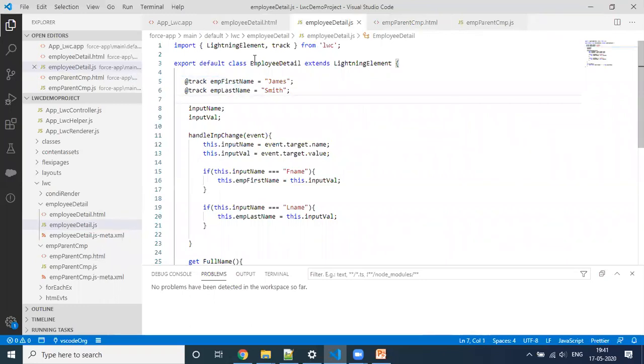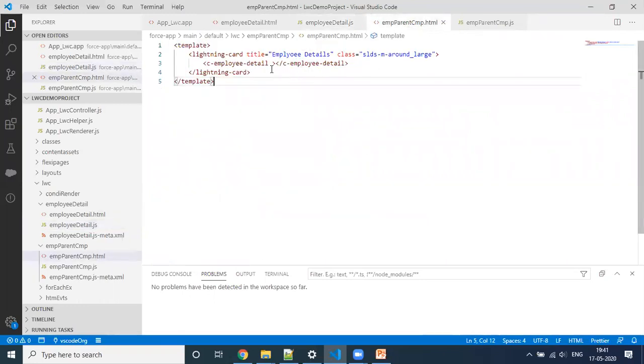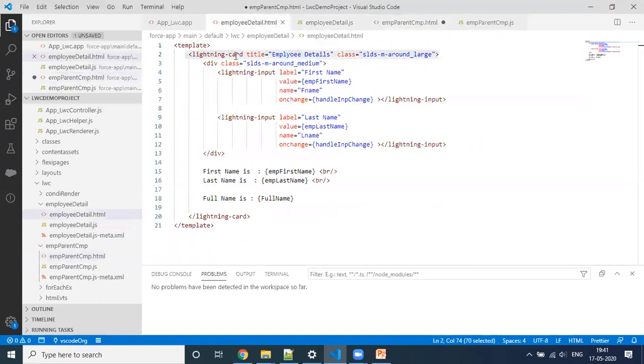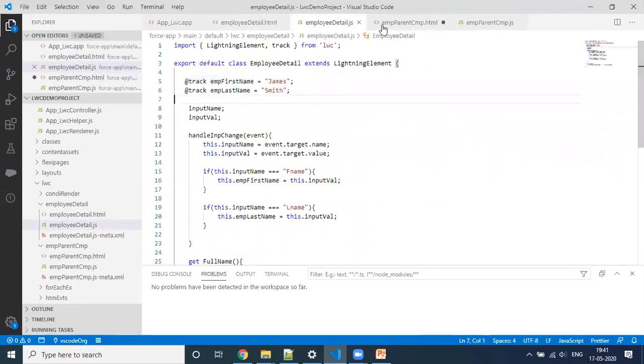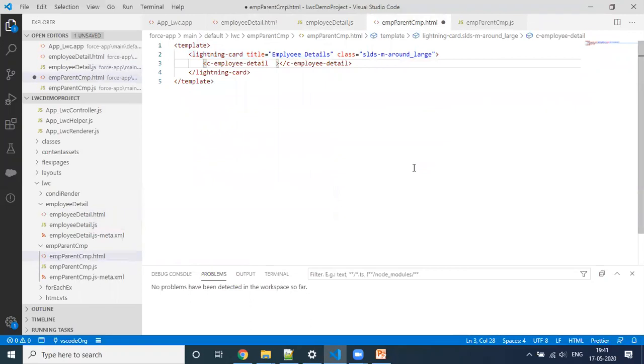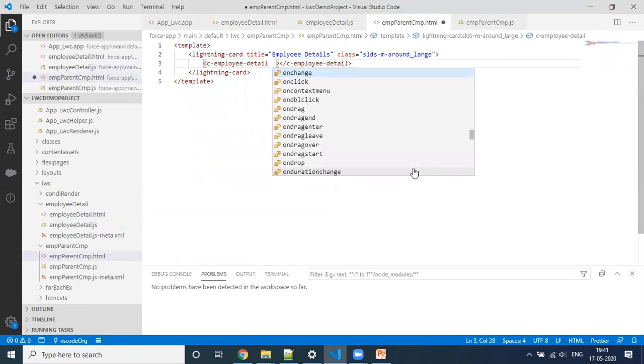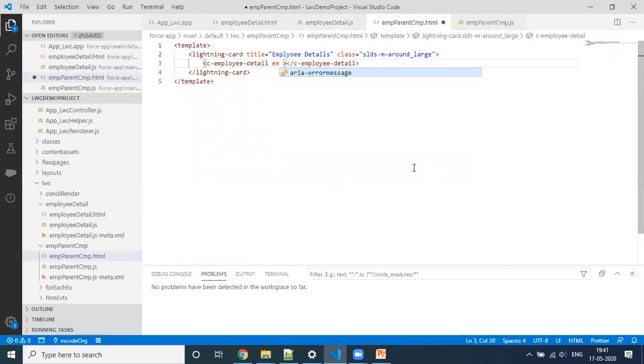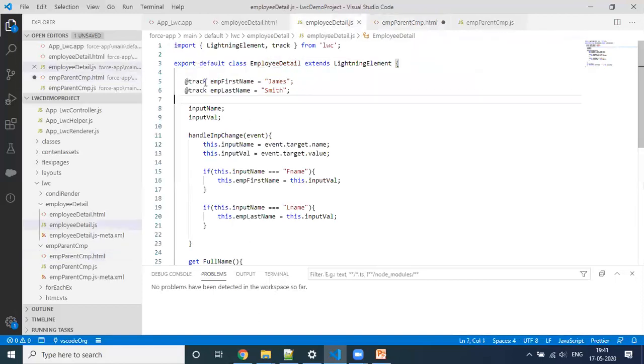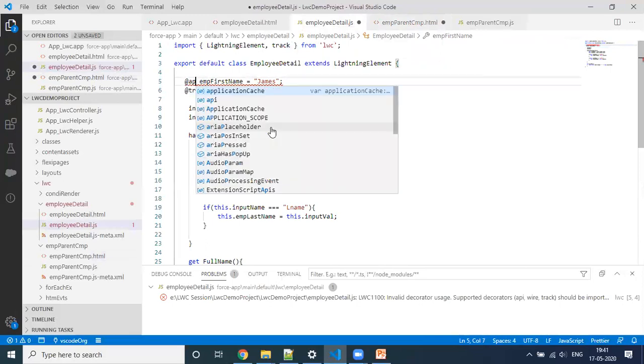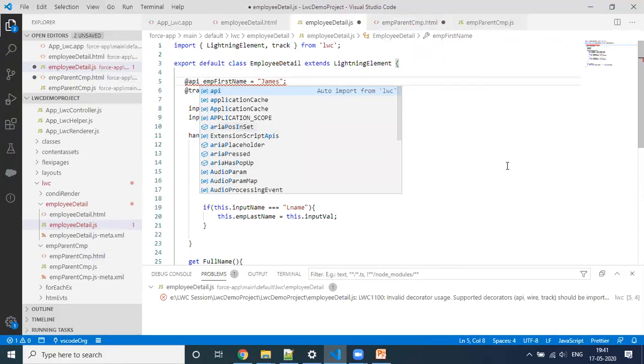For example, I'm going to pass here the employee first name. If you press Ctrl+Space and try to type employee, we are not getting it here, right? Because this is decorated with the track property, and track property is always a private property. So we have to define this with @api. Okay, I'm defining this with the @api property.